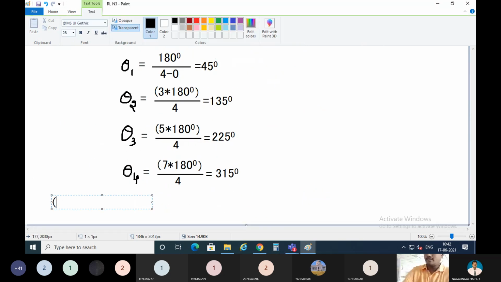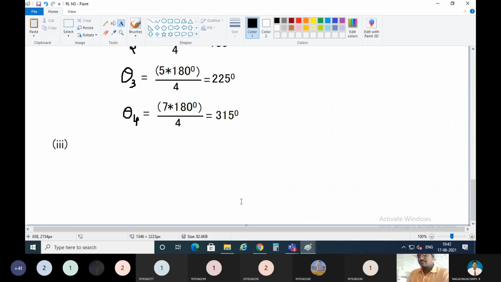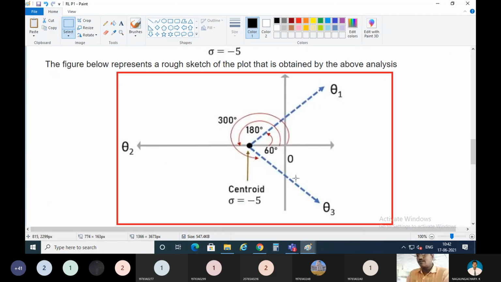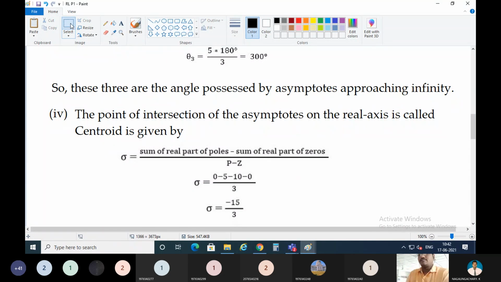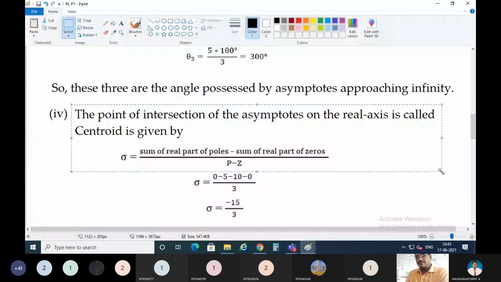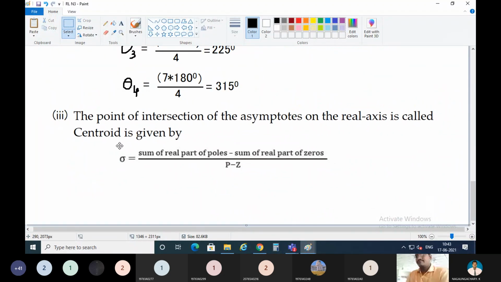Next step, centroid. Yes, very good. So the next step is centroid. The formula for centroid is already written here. This is the centroid calculation. The point of intersection of asymptotes on the real axis is called the centroid. It is given by